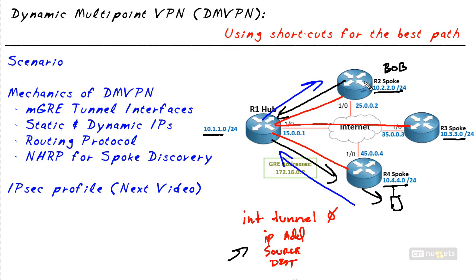Now, if they said, oh, that won't work, we want connectivity directly between R2 and R4, what we could do is say, well, we could build another tunnel. So we could build a tunnel between R2 and R4, and if we really do want a full mesh, between R2 and R3 and R3 and R4. So now we have 6 tunnels. We're running routing protocols on those tunnels, including the 10 network space for all of the local networks, and we have full connectivity. Now, configuring 6 tunnels like that on 4 different routers isn't too painful,